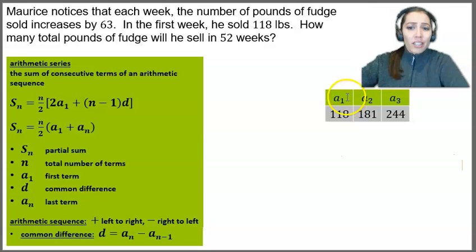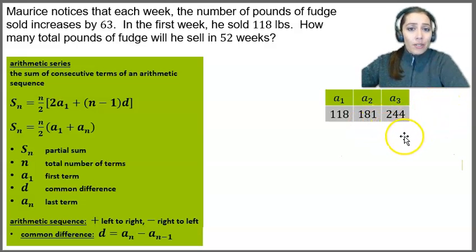So I could make a chart. A sub 1 is his first week, he sold 118 pounds, add 63 pounds. Second week he sold 181 pounds. The third week he sold 244 pounds after I add 63. And I could keep going, and I could go all the way to a sub 52 and then just add